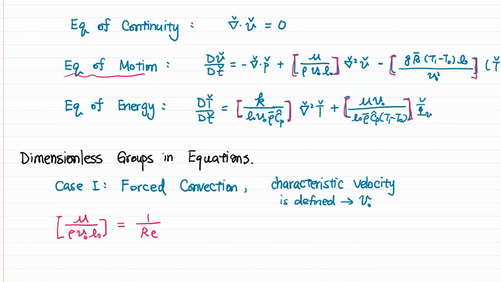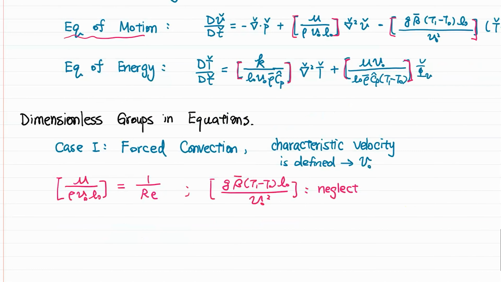Okay, and then if we look at the second term of the equation of motion, the buoyant term, (T1 minus T0) over L0 V0 squared, actually can be neglected. Typically, for a forced convection problem, the buoyant term really doesn't contribute much,